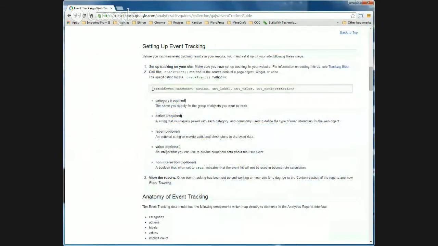Basically, what we want to do is be able to call this track event method, and this is just like your standard Google page track. There are two required fields, category and action, and then a number of optional fields: label, value, non-interaction, and I believe implicit count comes up as well. But you can just Google, no pun intended, event tracking, and you'll eventually be guided to this